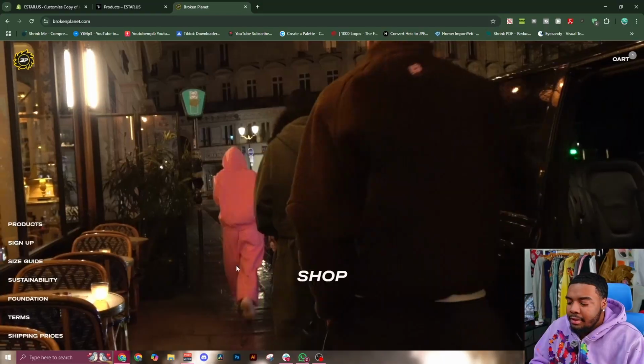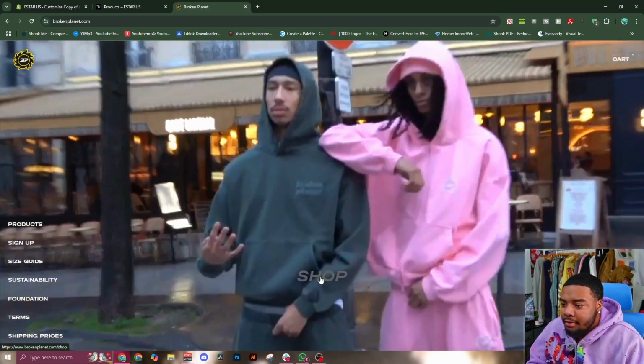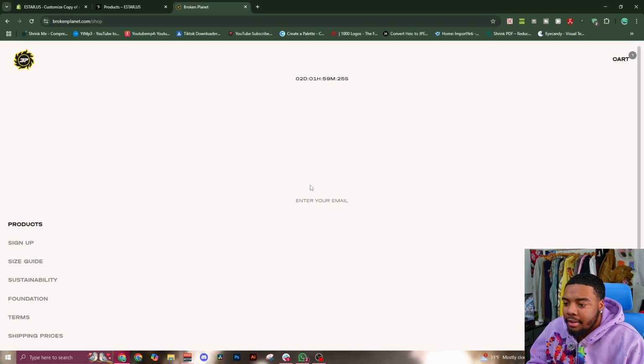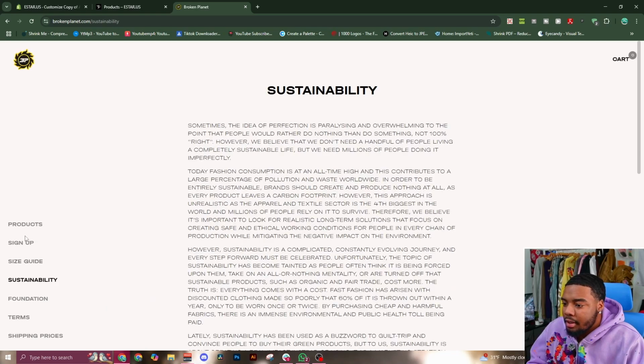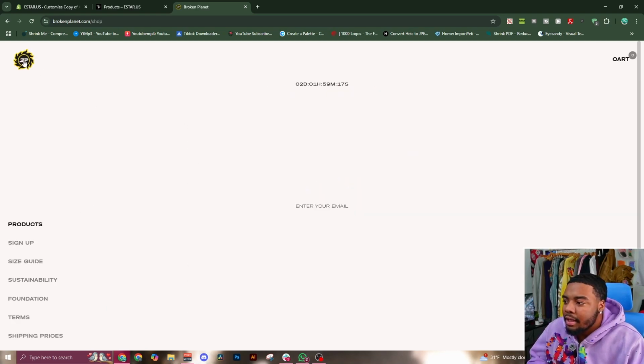I know Broken Planet, they do cream and gray. As you see right here, they got their little open page, right? But then when you go shop, it's like, oh shoot, they don't have nothing out. But it's really clean, concise. This is a nice little cream colorway in the background. Really clean, concise. You can literally have it any way you want, but I would just suggest,